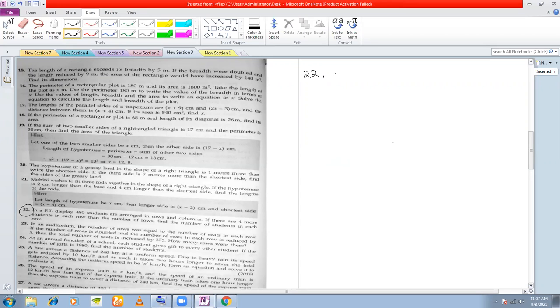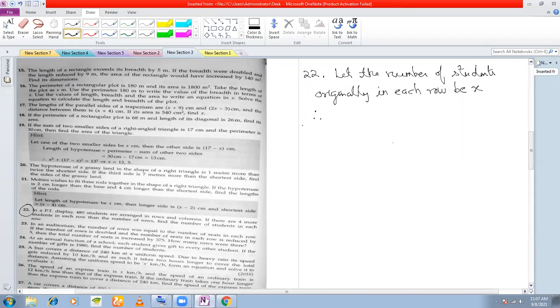Okay, so there are 480 students arranged in rows and columns. If there are 4 more students in each row, that means let the number of students originally in each row be x. Now they are saying that if there are 4 more students in each row, therefore